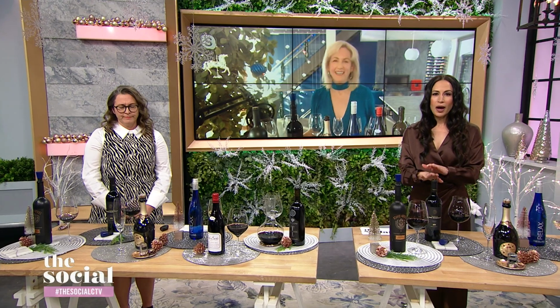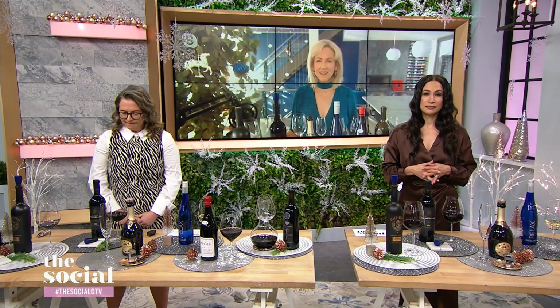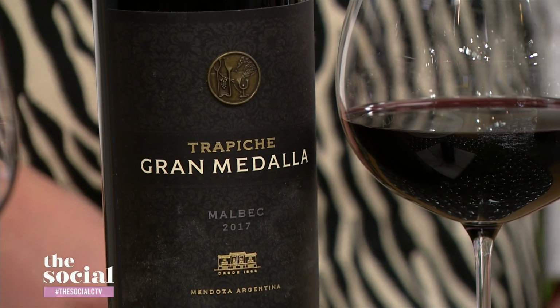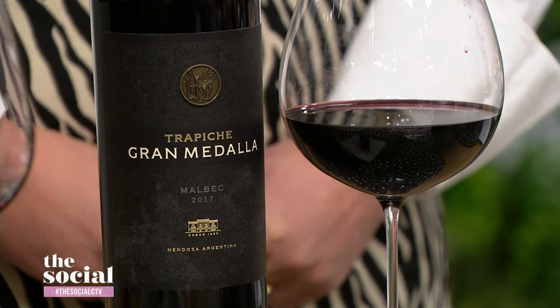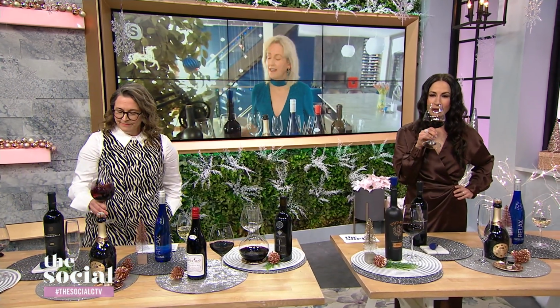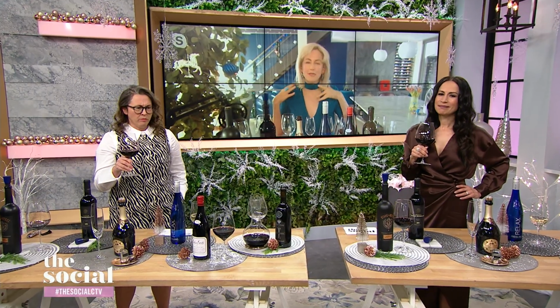Now let's talk about what wine you're recommending to pair with a gift with this. Yes, this is Trapeze Malbec from Argentina. It is like liquid velvet on your tongue. It's got these fleshy berries and plums and a bit of toasty oak. And the Repour is going to keep this baby fresh, as I say, tomorrow or 2 months from now. But this makes a really great gift wine because it's so smooth. And I think it'd be lovely to pour during the holidays with your